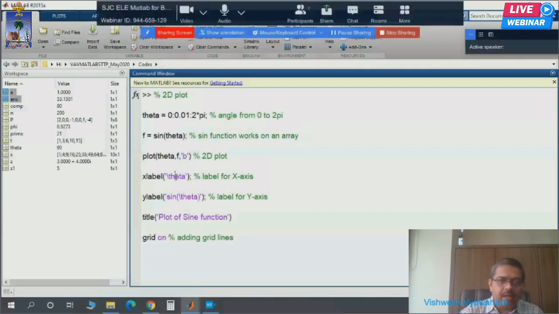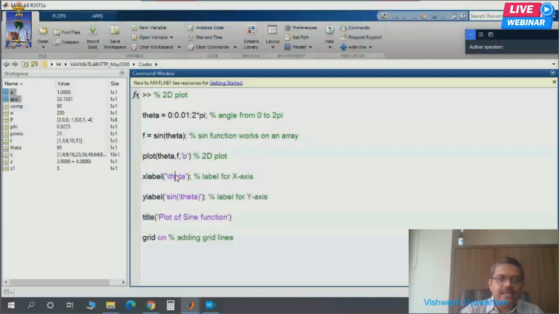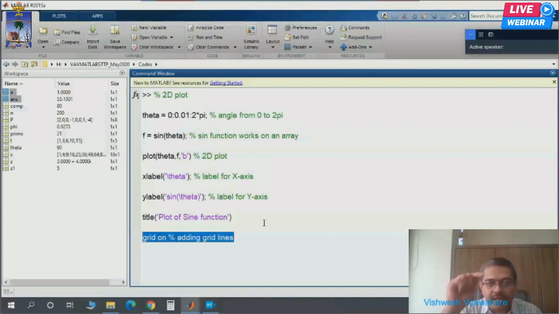Then I want to give the x label. The x label is theta, the y label is sine theta, and I want to give a title, and I want to add the grid lines. It's always better to add grid lines because then you can locate any value very accurately.